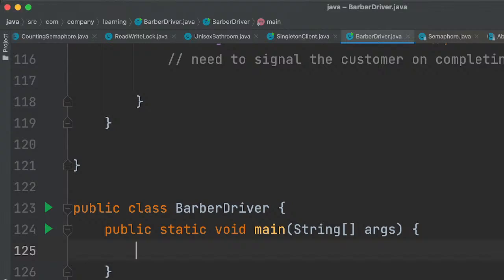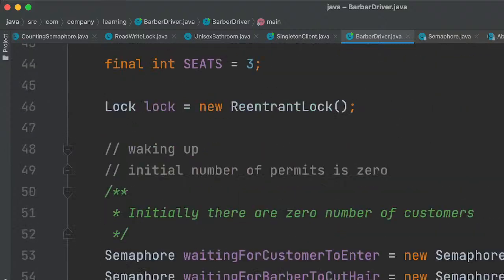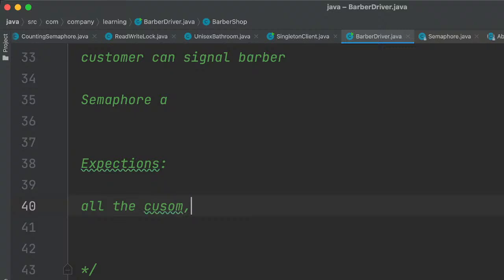So what are the problems with this solution? My expectation would be that once all the customers are leaving at a time, this needs to be solved.